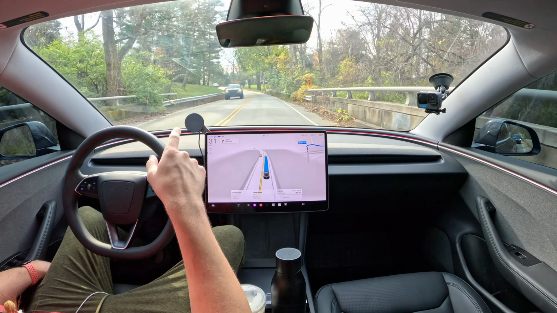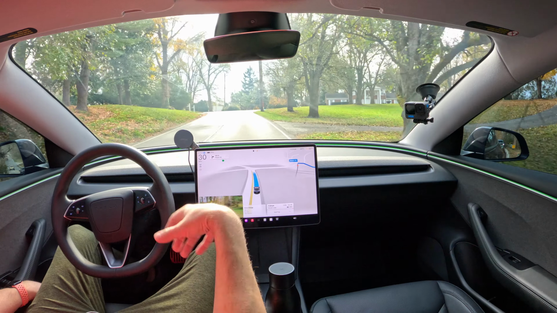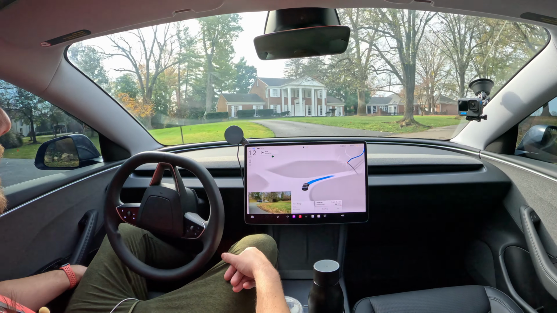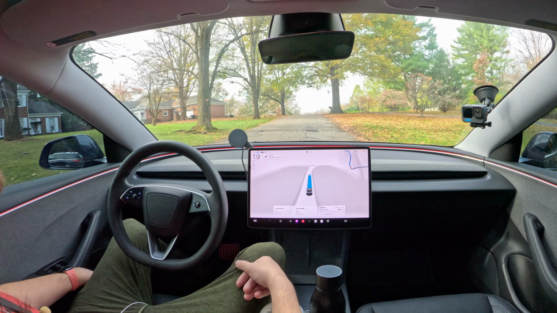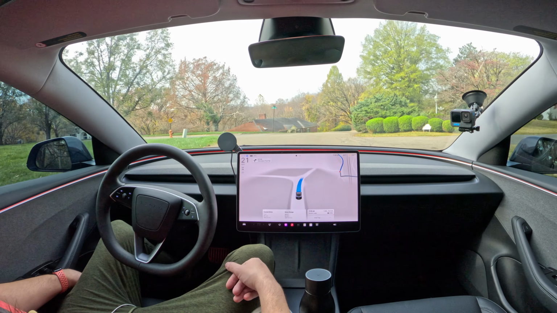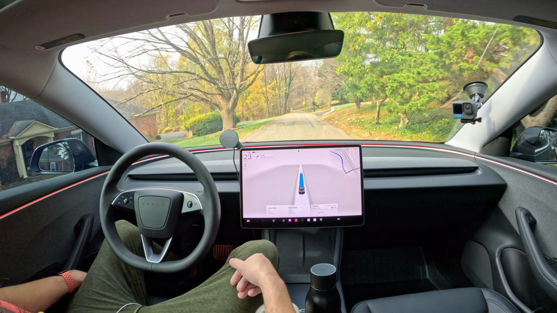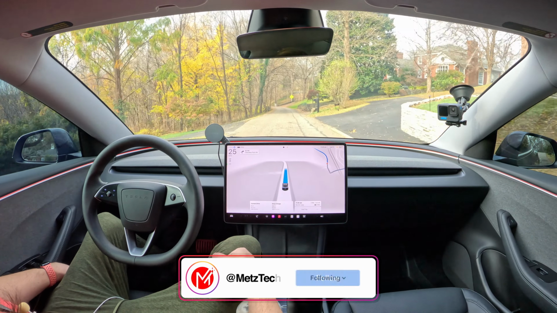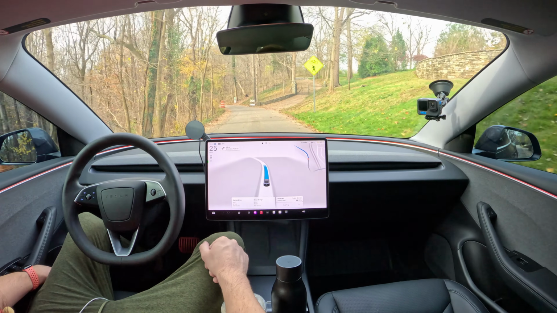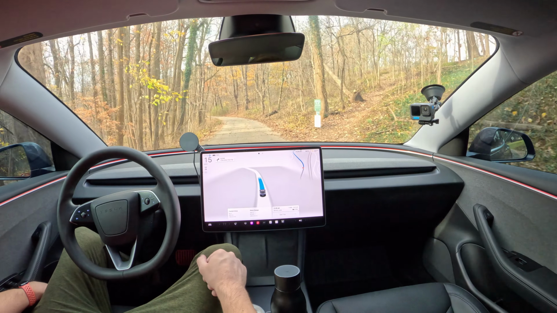So now we're going about 6 miles per hour over the speed limit, inexplicably. If it just made sense and it was consistent, I would understand it. But it's not consistent. Kind of driving down the middle of the lane here, which is fine because it's a pretty small road. I don't know what we were braking for there, but